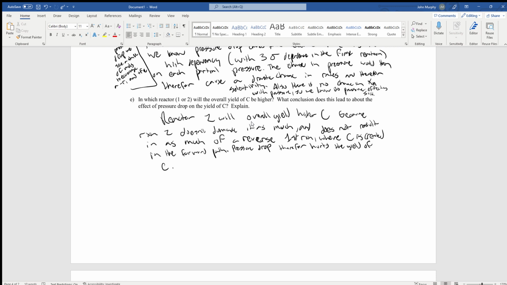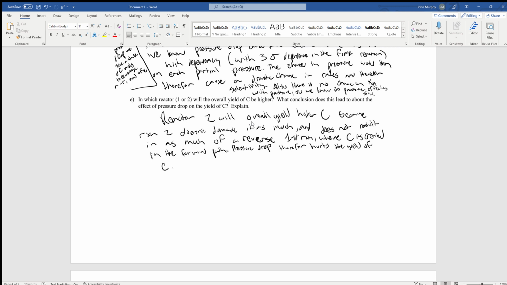So if we have a higher dependence on the pressure in reactor 1, then we can see that as soon as it flips in the negative direction, then